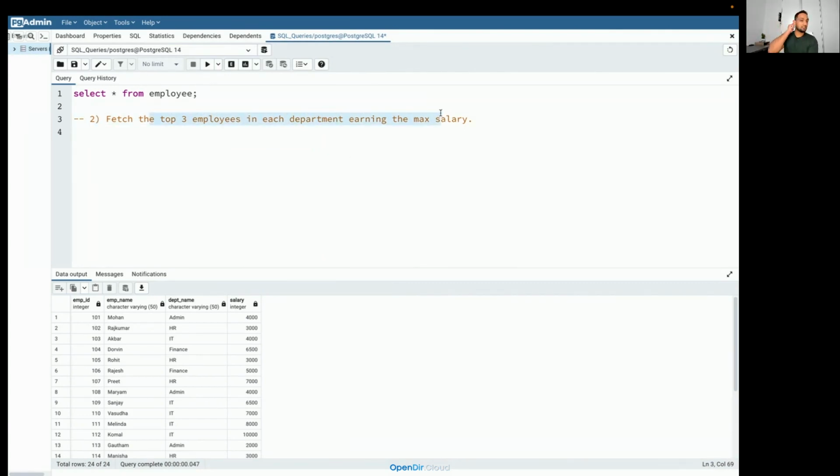Yesterday I gave you an introduction to window functions, and we solved one of the queries. So any idea how would you do this? Even if you're wrong, it's okay. The only way to get better at window functions is to start writing the syntax. So anyone quickly give me that entire window function line. How would you write it to fetch the top three employees in each department earning the highest salary? Okay, Adam gives: select rank over partition by department, order by salary.